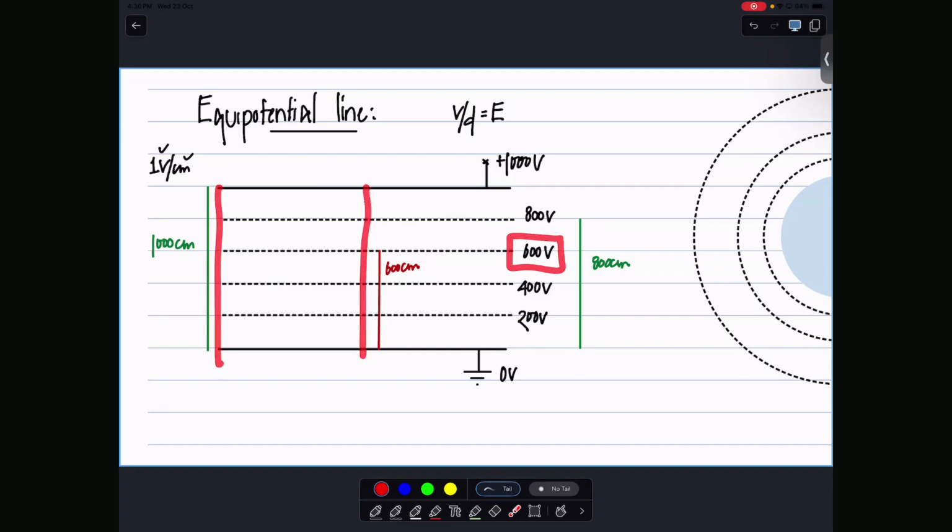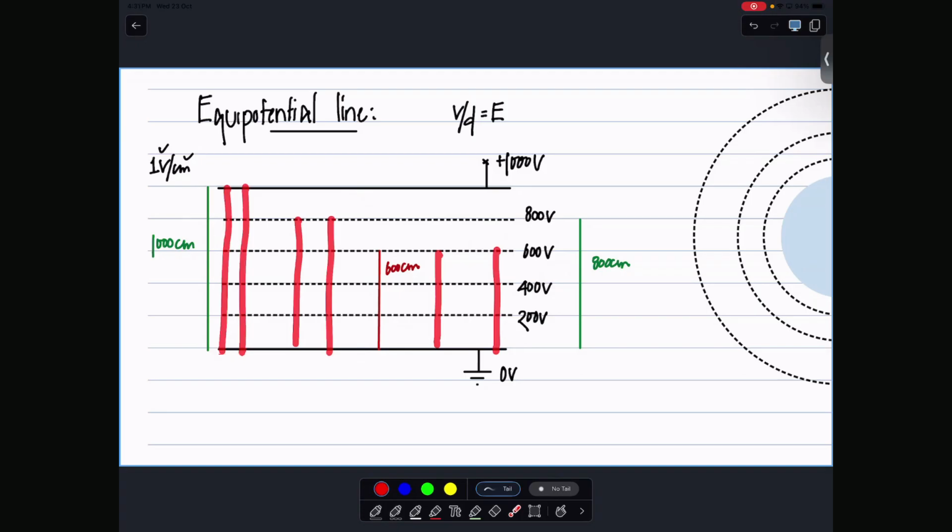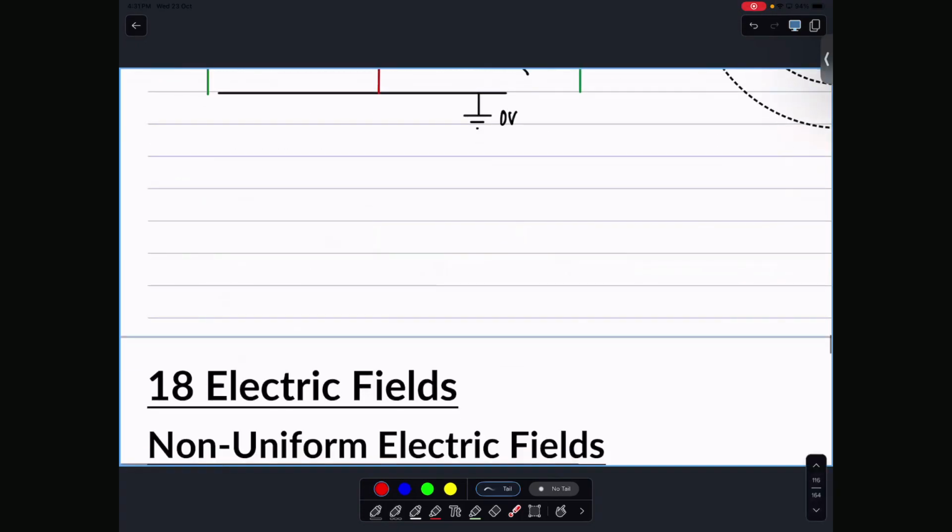Because it's a uniform field, what can you apply here? Unitary method. For example, if this distance gives me this potential, then that distance will give me that potential, and that distance will give me that potential, because they're all linearly related, right? And that's what you'll find in the syllabus. I'm coming back to why I brought this up. In the syllabus, they give the equation for field strength as what?